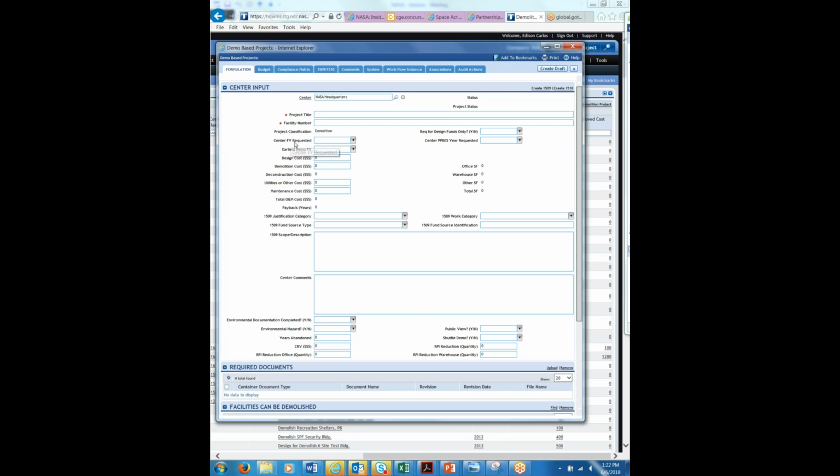except probably this one, or the year they want it to be demolished. Okay, this is the year that they want it demolished. This is the year right here. This one is the year they put the request in, meaning if I put it in this year, this would have been 2018 and such. The demolition cost, right? And most of these